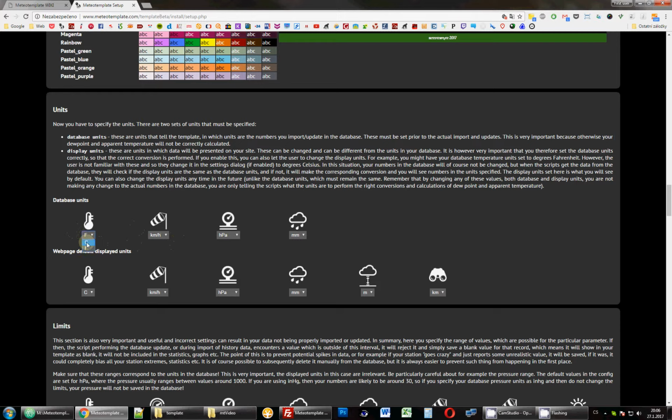So this, you select what you want in your database. It doesn't really matter what your software sends, because the scripts will convert the numbers before saving them to the database to these units. So you don't have to worry about that. But these are going to be the units which will be in your database. So it's not really that important, but the important thing is that whatever you choose here, you may not change